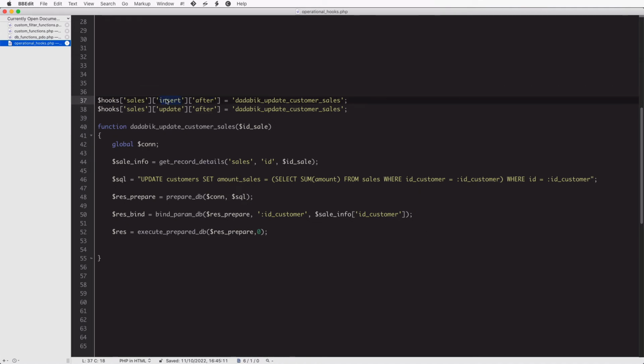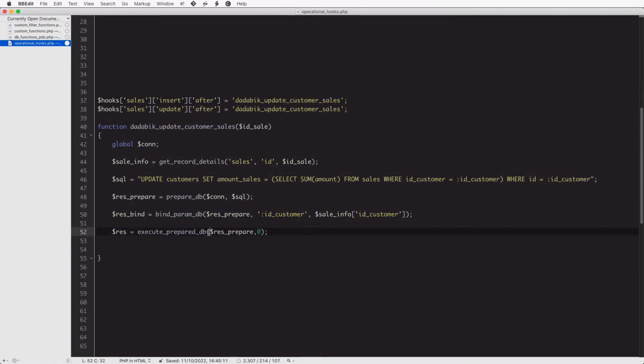So when we insert a record in sales, after the execution of this operation, we need to execute this function, Databeek update customers sales. Okay? And this is our function.